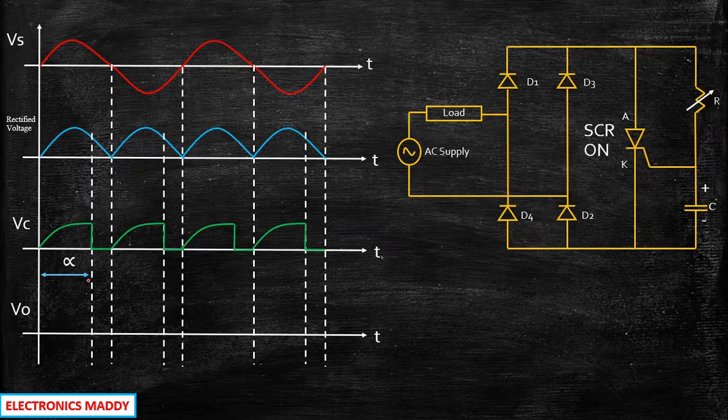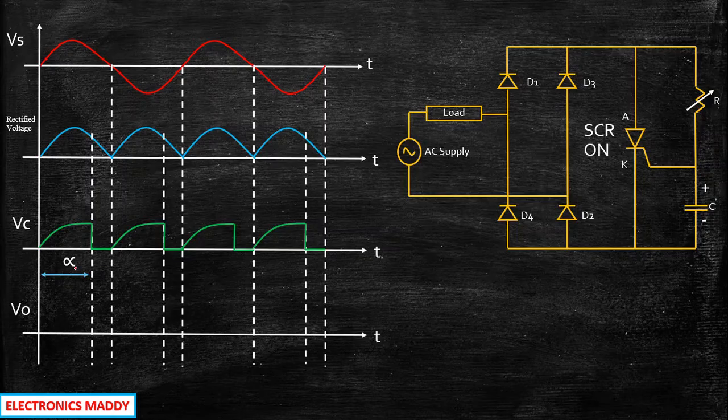Now you might be having a question. How do we control it? Can we achieve firing angle here? Can we achieve firing angle here? Yes, we can definitely do that by having different combination of values of R and C. So based on suitable selection of R and C, the capacitor charging time will be much quicker and it can be clamped to 0 in a much quicker fashion. So that is why we will be selecting R and C values in order to decide the firing angle alpha.